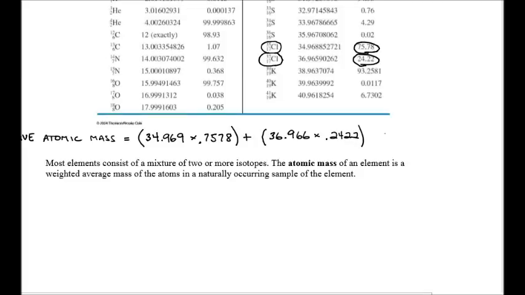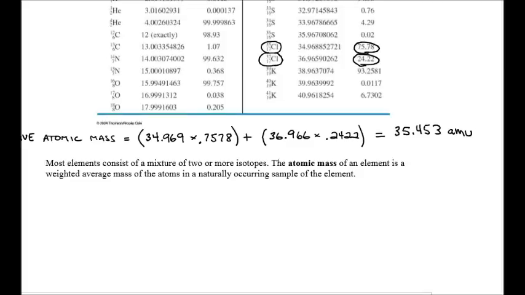If we had 5 isotopes, we would have to do this 5 times. But since we only have 2 isotopes, we only have to do it twice. And if you now do this math on a calculator, you will get 35.453